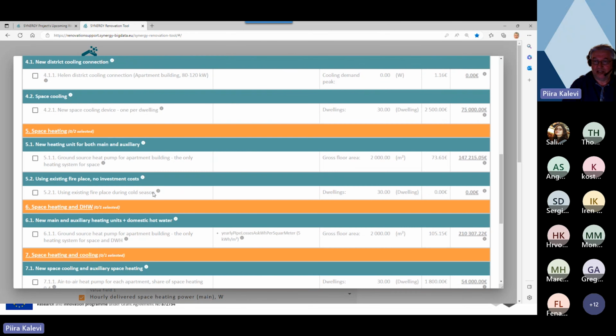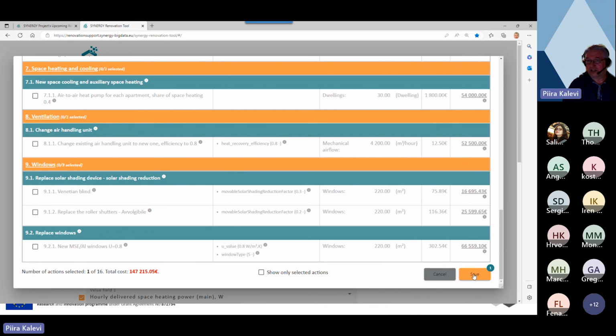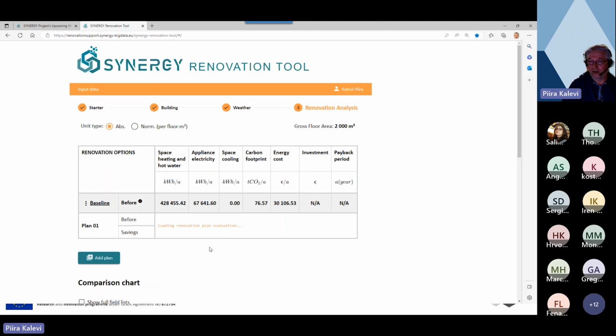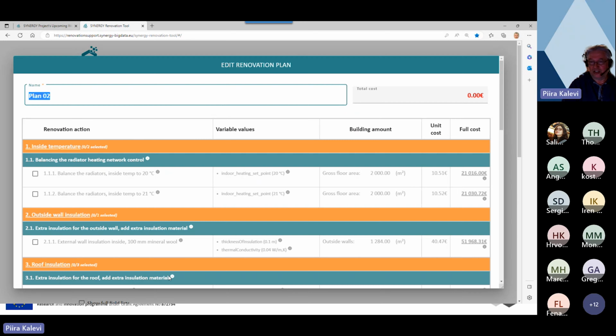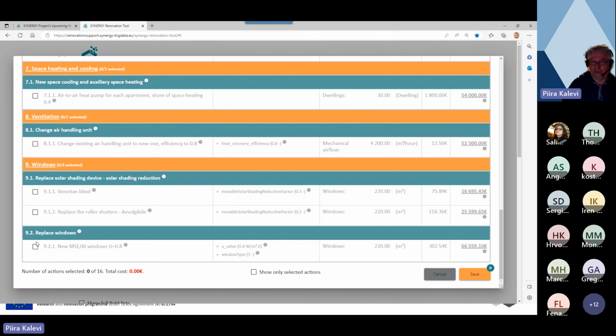For example, if we take ground source heat pump here, we click it and then check how much savings this ground source heat pump evaluation gives. So we see that the electric consumption and heating consumption are much lower, and the payback period is 9 years. And if we add some other renovation plan, for example, new windows,